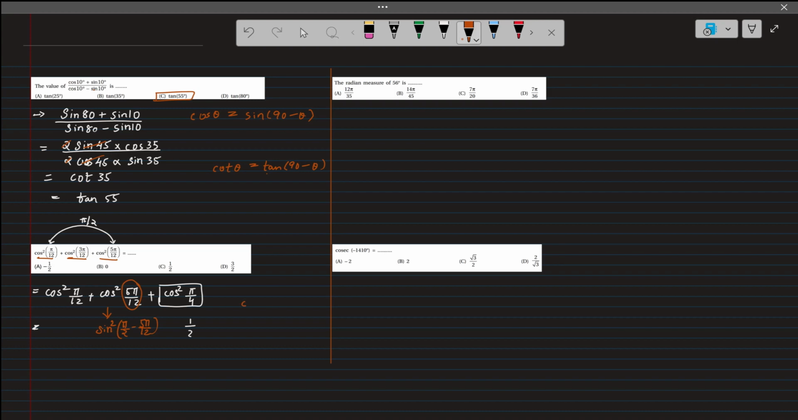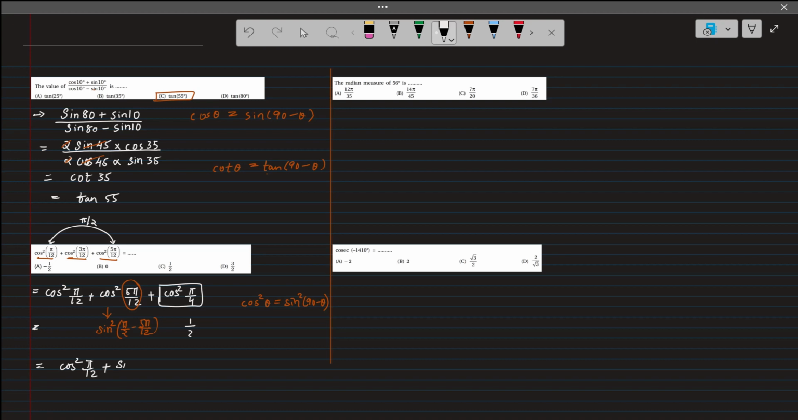Same condition, cos square theta is equal to sine square of 90 minus theta. This is the property we are using over here. Now pi by 2 minus 5 pi by 12, taking the LCM, we'll get just pi by 12. So we can write this as cos square pi by 12